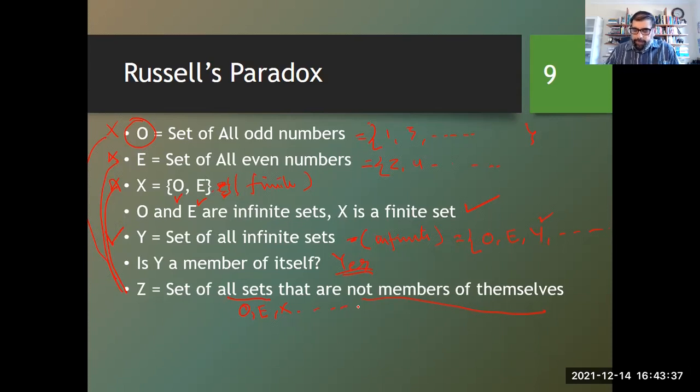ठीक है सर। सर, मगर हम इस हिसाब से तो जो Y है वो Z का मेंबर नहीं होगा, हाँ, मगर Y के जो एलिमेंट्स हैं वो O, E वगैरह हैं। अब एक जगह हम इस हिसाब से कह रहे हैं कि ये जो एलिमेंट्स हैं ये Z के मेंबर्स नहीं हैं, मगर एक दूसरी लॉजिक से हम कह रहे हैं कि O, E वगैरह Z के मेंबर्स हैं।